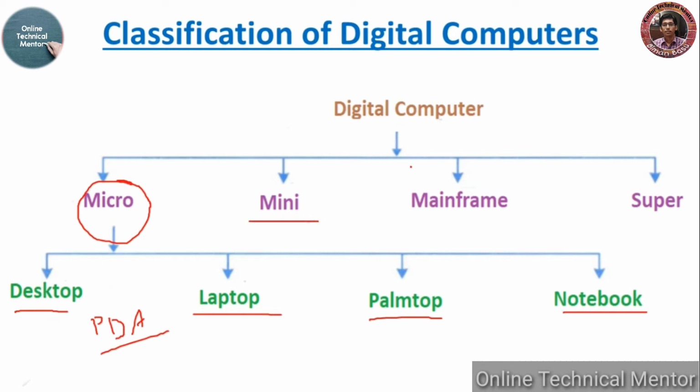Next, the mini computer. A mini computer lies between the mainframe and the microcomputer because its size is smaller than the former one and larger than the latter one. A mini computer is also called a mid-range computer. Mini computers are mainly multi-user systems where more than one user can work simultaneously. They are mainly used as small or mid-range servers operating businesses and scientific applications. However, the use of the term mini computer has diminished and has merged with servers. A mini computer may also be called a mid-range computer.